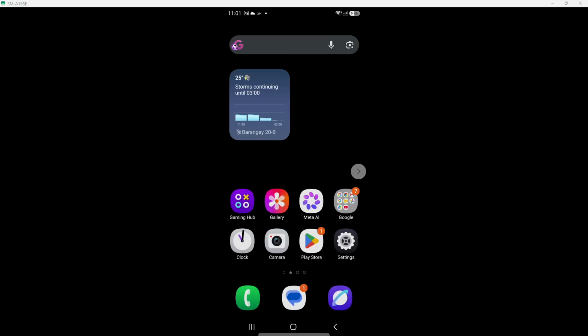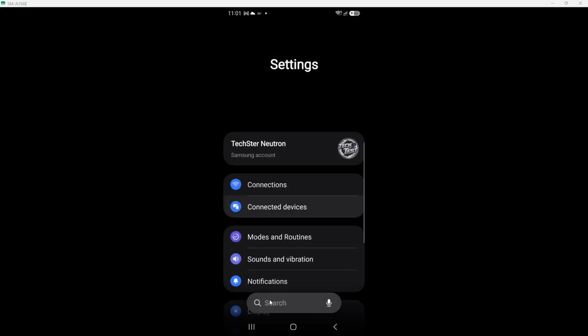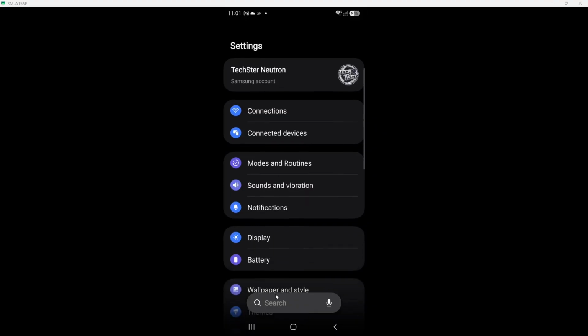In today's video, I'm going to teach you how to check why my phone number is not showing in settings on Android. First, let's begin by accessing the settings on your Android device. To do this, locate the gear icon, which is typically found in your app drawer or on your home screen. Tap on it to open the settings menu.